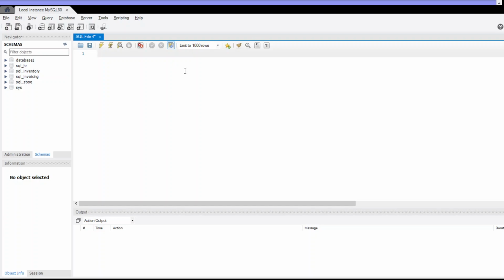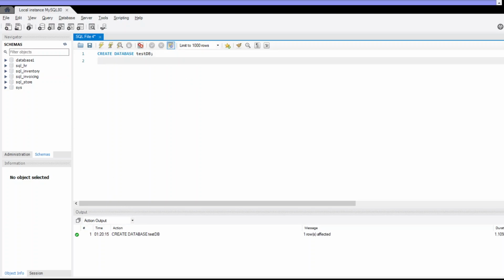As we have talked in our video how to create database, we will follow that query. So first we will type create database, then database name testdb and semicolon, and then we have to press the key combination control enter.